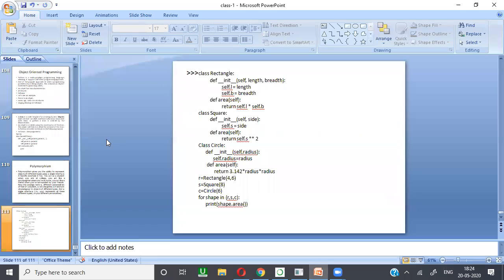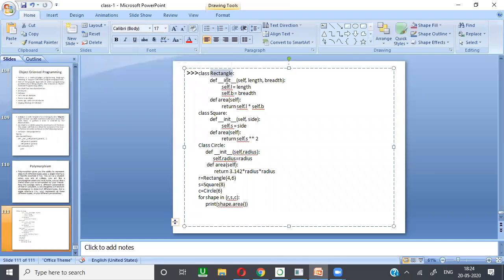I'm going to define a rectangle, which has one constructor and an area method. I'm going to define a square, which has one constructor and an area method. I'm going to define a circle, which has one constructor and an area method.